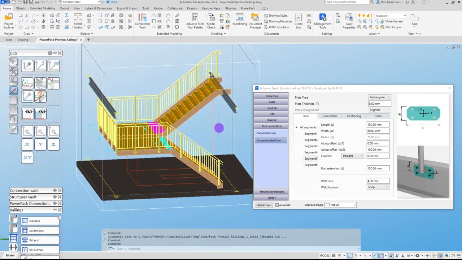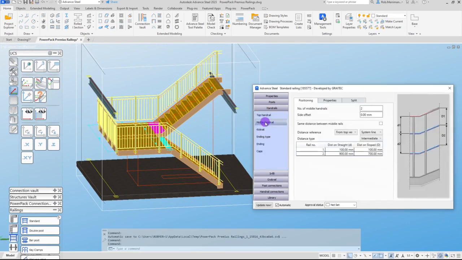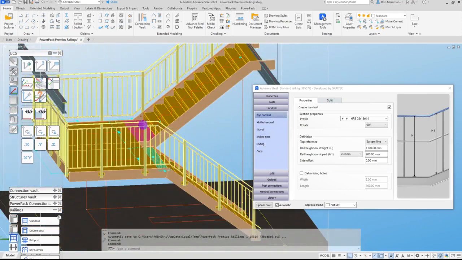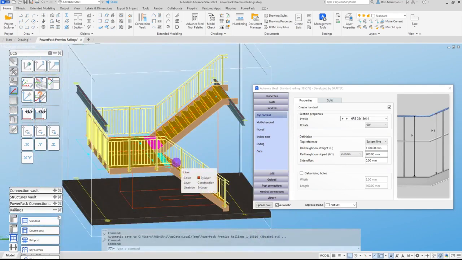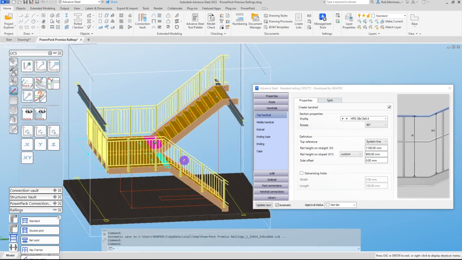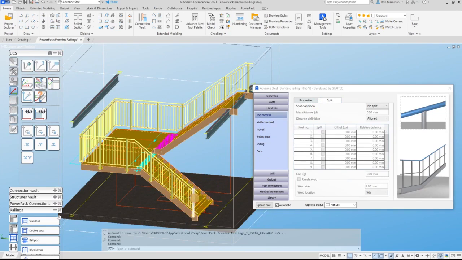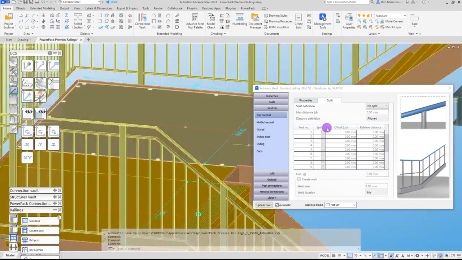Now some of the things that we can do within the macro in here. We want to look at splitting our rails. Now what we can do with our handrails, obviously at the moment this is all one big piece of balustrade. We're not going to fit that as one piece of balustrade. I'm not going to do the whole thing today, but you'll notice we have this split tab. Now we can choose where the handrail is going to be split. So let's say we want to split it on post number